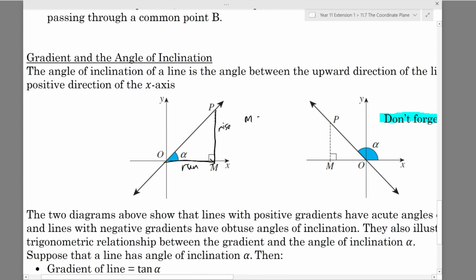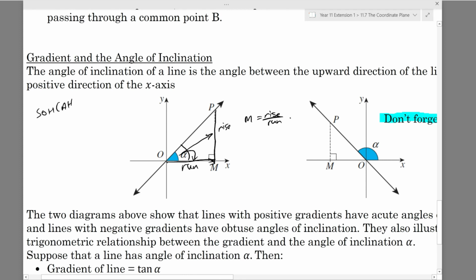Now we know that the gradient is equal to rise over run, but in a right angle triangle, from this angle in here, we know that we've got, okay, so here's my rise, here's my run. So from this angle in here, we know that we've got an opposite and adjacent. Now thinking back to our tan ratios,